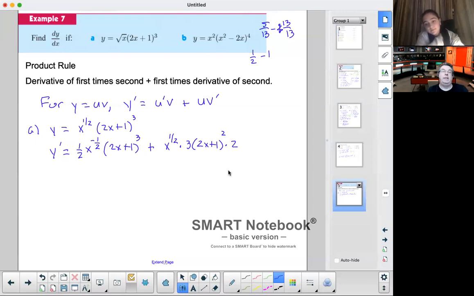We should clean this up. You're going to have to clean it up. So we might as well get it out of the way now. And again, to be able to evaluate, plug in something for x. To get rid of that negative exponent, what do I do? Put it down in the denominator, okay.